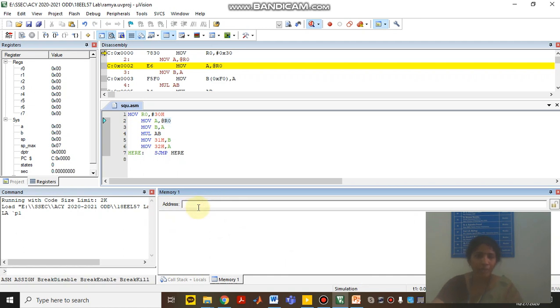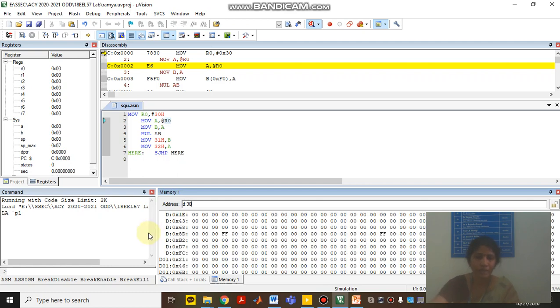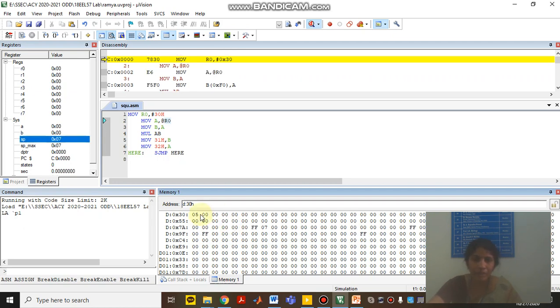In this, you type the address D: and the memory location I need to access, 30. So give 30, press enter. 30H you put, and it will come to your 30th location. In this, you give the data 05. So 05 into 05 in decimal, you will get 25. But in hexadecimal, the answer is different.